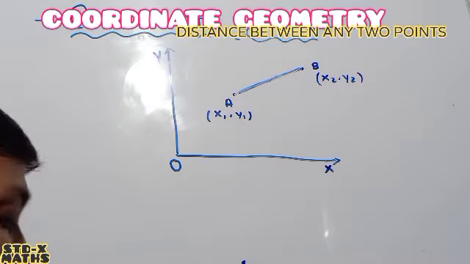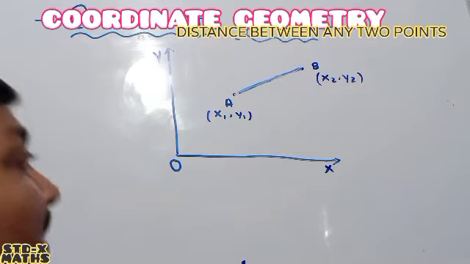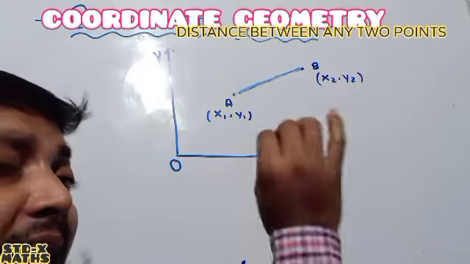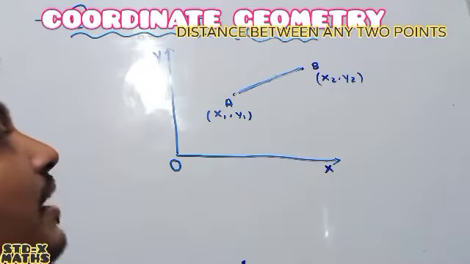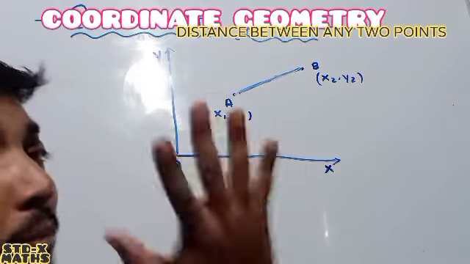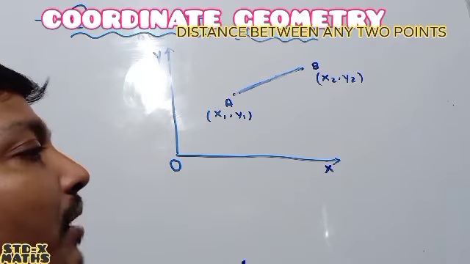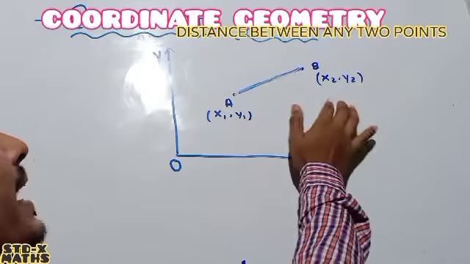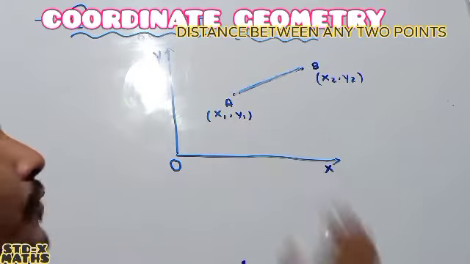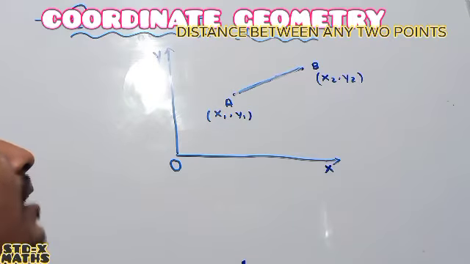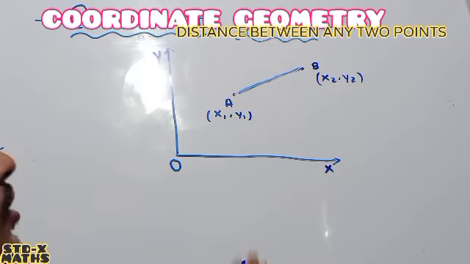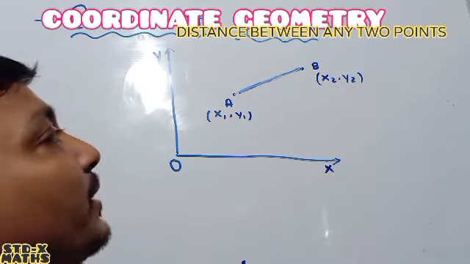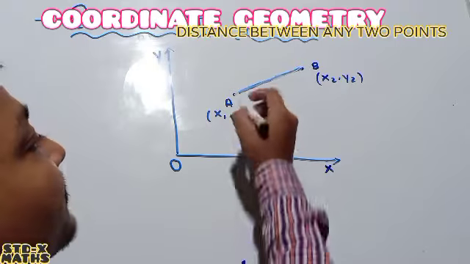Okay, everyone, you just have to see carefully. So from the picture, anything I will derive. Anything can be derived from the picture. Picture will give us the formula, our general formula by which we can find out the distance between any 2 points where the coordinates of the 2 points are given. Whenever the coordinates of the 2 points are given, then how to find out the distance between them. Everyone see carefully.